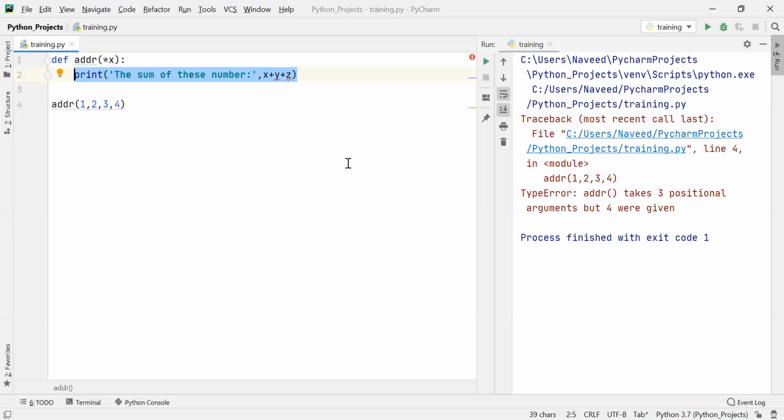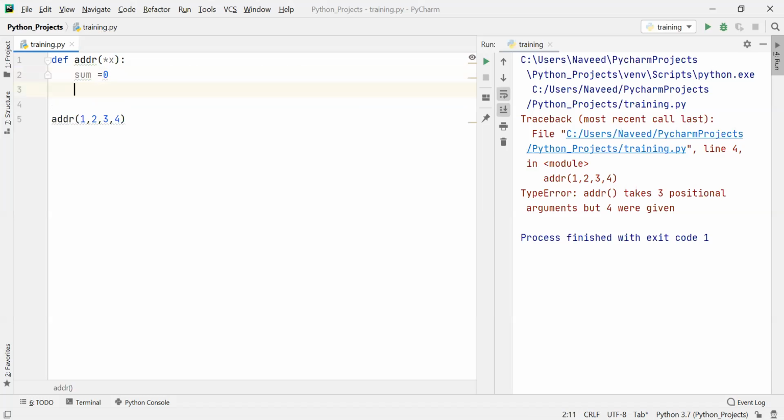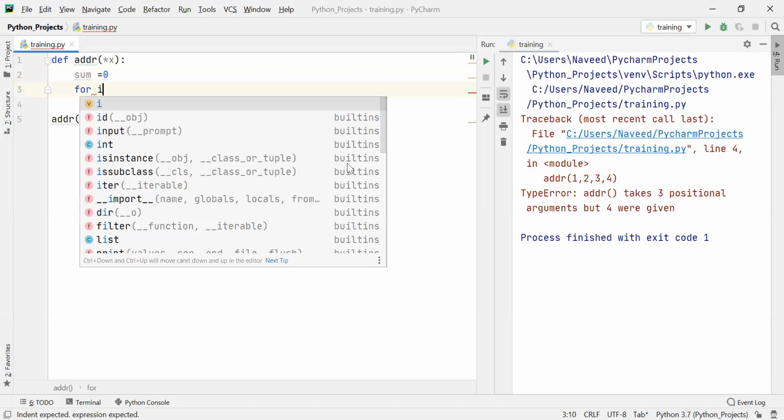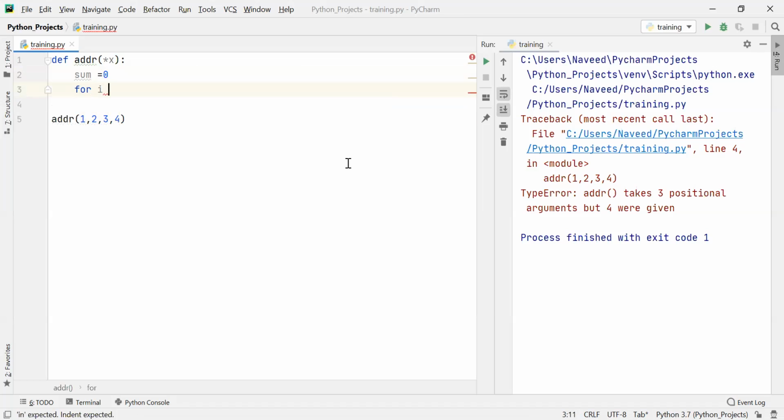Okay. Sum, I want to have a sum. So what I will do, sum equals to 0. And then I will use a for loop because it treats values as a tuple. And tuple is a read-only inbuilt data structure.